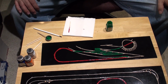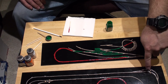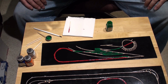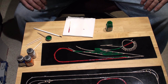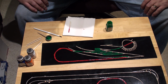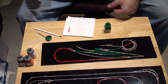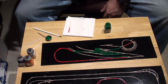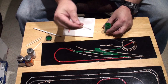Okay, as you can see, I have gotten a little bit farther than where I left you off last time. I ground down all the traces that I had ground down earlier and painted. I got as much white off as I could. It's not perfect, it's my first attempt at this whole thing, and it's a learning process as I go, but I'm taking some Testor's paint, the regular, this kind of stuff right here, and just taking a little toothpick, dipping it in there, and just dribbling it on to